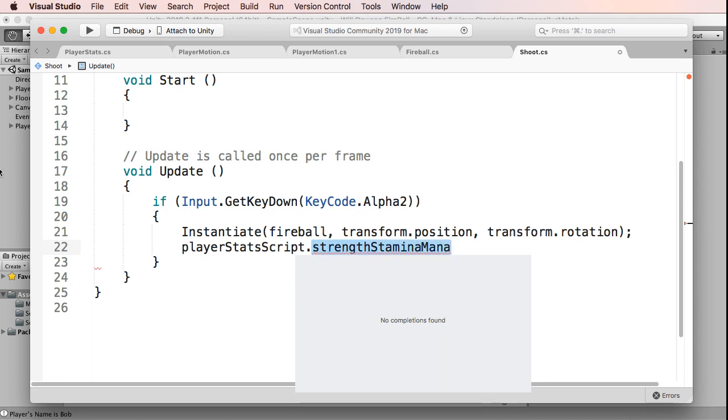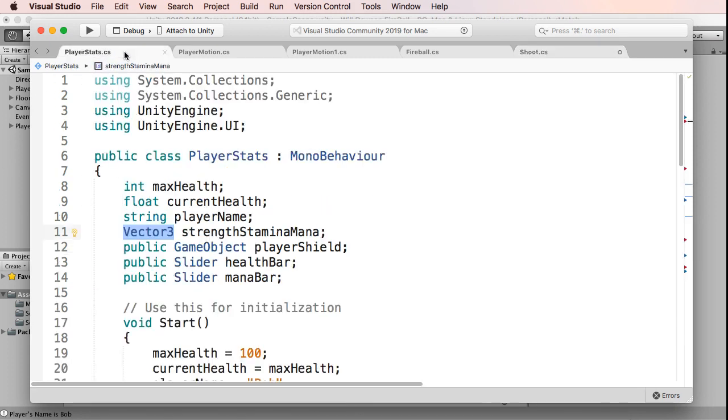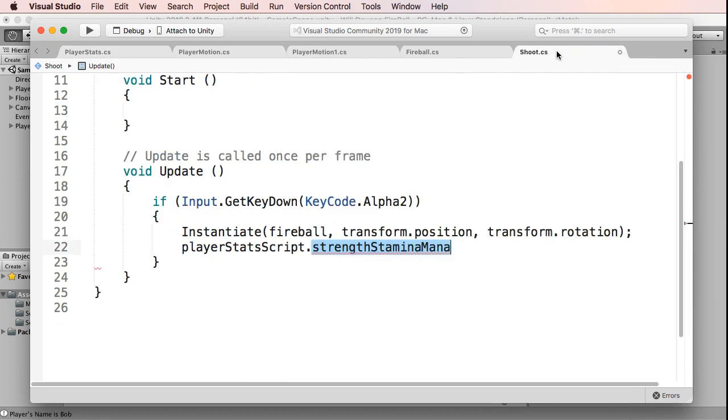Okay, that's not working. Why is it not working? Player stats has a vector 3 called strength stamina mana, and we would like to be able to get to it, but we can't. I tried typing it in over here, over in my shoot code,